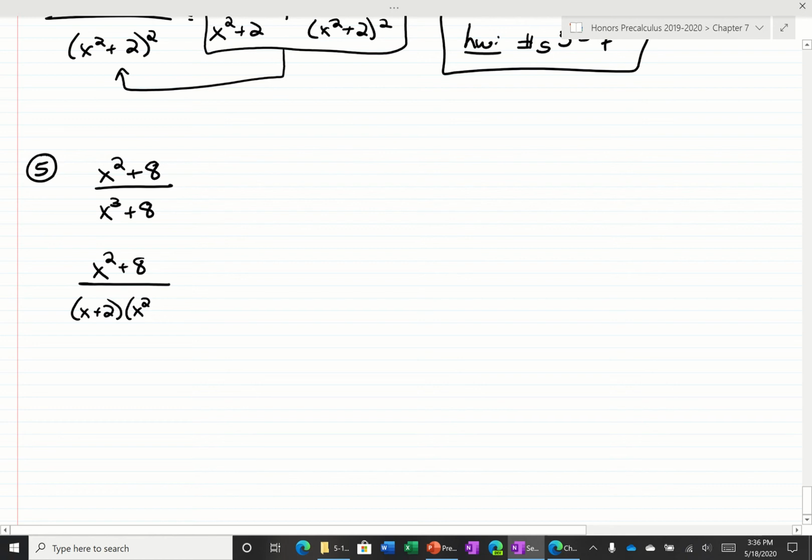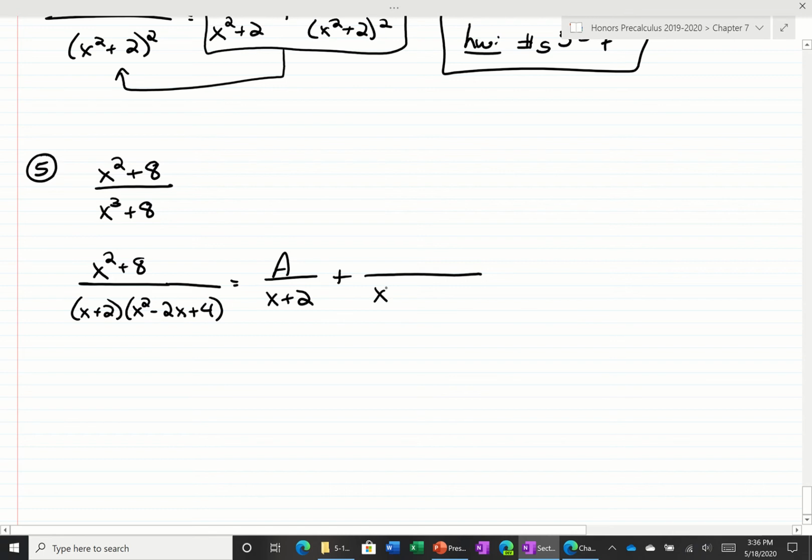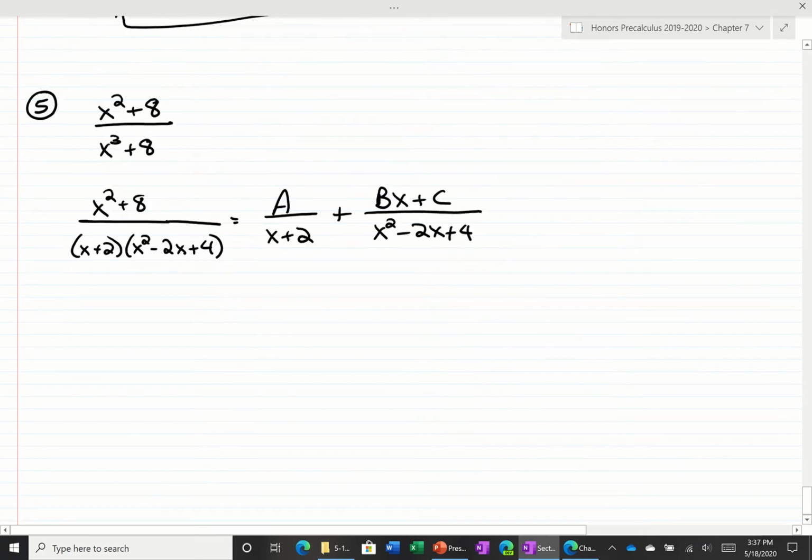So it's same sign, opposite, always positive. You might have to refresh if you don't remember your special cases, but this will be A over x plus 2 plus, well, we have a quadratic, x squared minus 2x plus 4. This will be Bx plus C. So if we multiply by our least common denominator, which will be x plus 2 times x squared minus 2x plus 4,